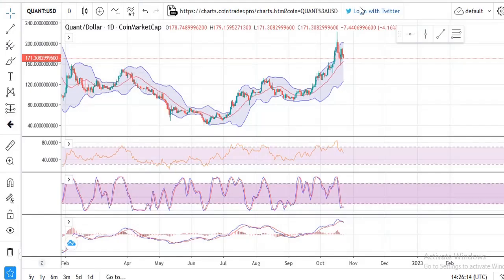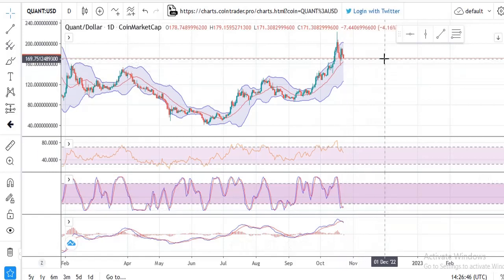If we go down to these other charts, as you can see, our stochastic on the daily is at its low. So this is the best time to begin to accumulate Quant. As you can see at the top, we were beginning to give warning signals about the 200 region to the 180. We were trying to say we need a pullback. We need some sort of pullback in the price of Quant, and we have seen that pullback. As you can see, the RSI has pulled over downwards,